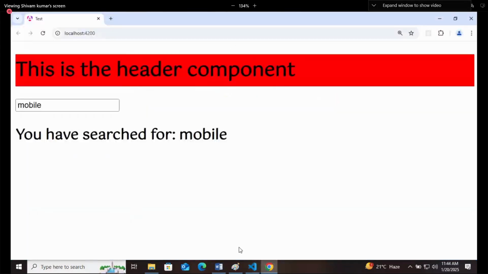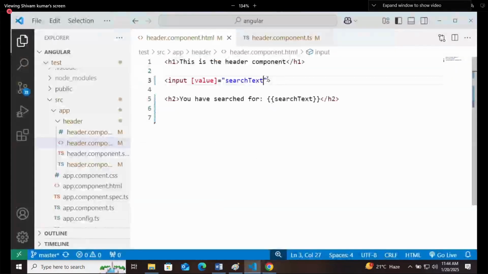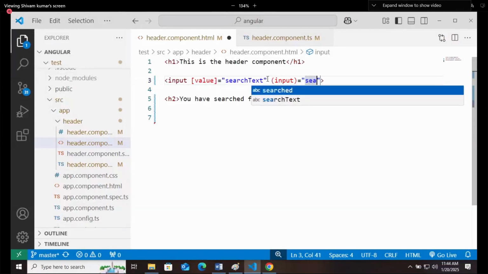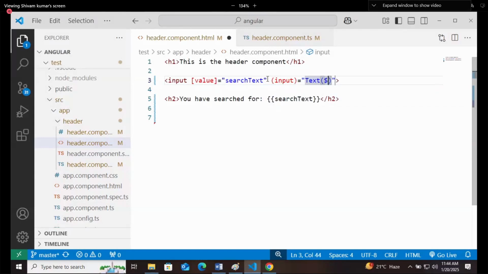Then we need to attach an input event to it. Right? Input event, and this input event will call a function called search text function with an argument as $event.